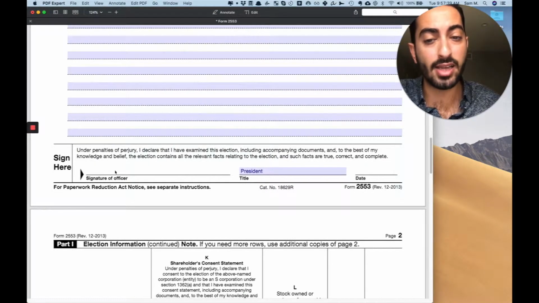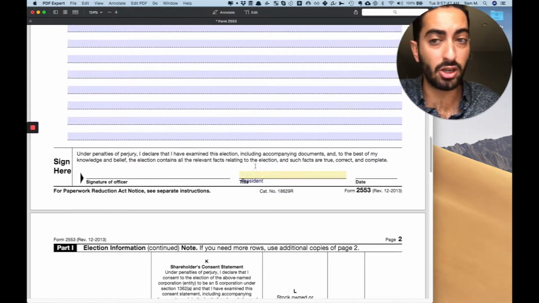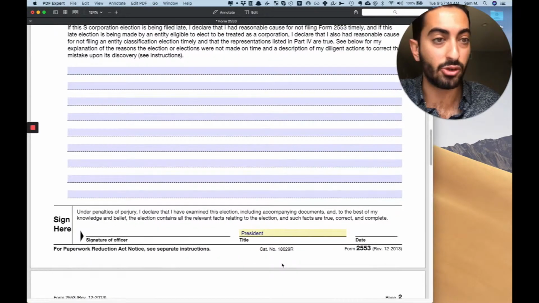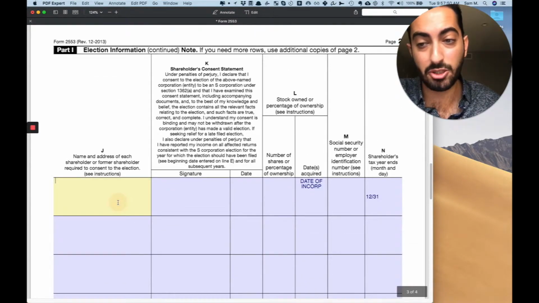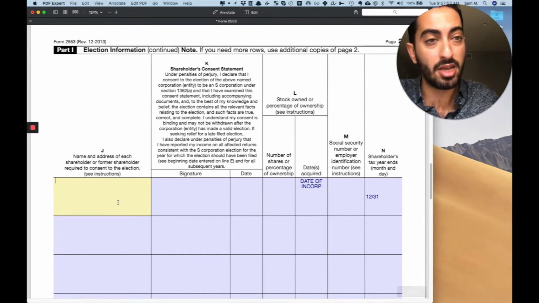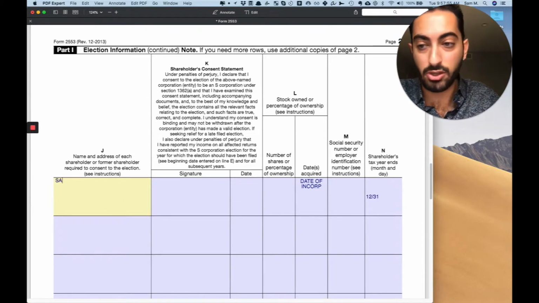And then you want to sign the bottom, write your title, the same title that you wrote up here, either president or managing member. Again, president for your corporation, managing member for your LLC, and then date it. Next page. You want to put the full name and address of each shareholder. So let's just say Sam Malai, my address,